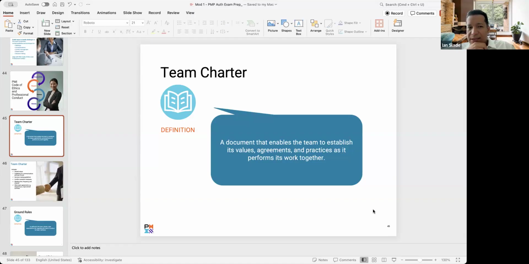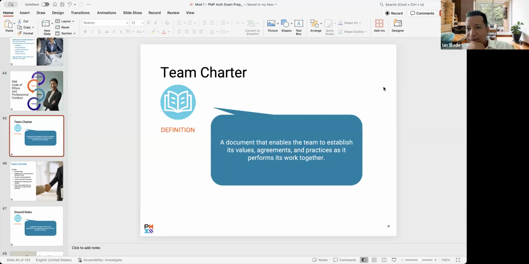What document is Jasmine referring to? Letter A, stakeholder register. Letter B, resource plan. Or letter C, team charter. So, right, obviously team charter,